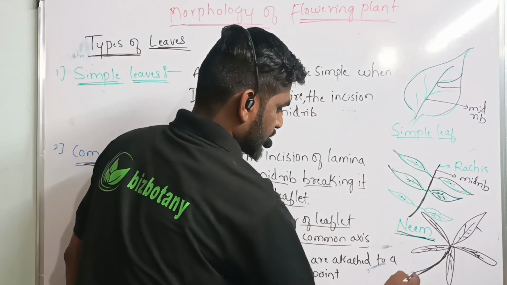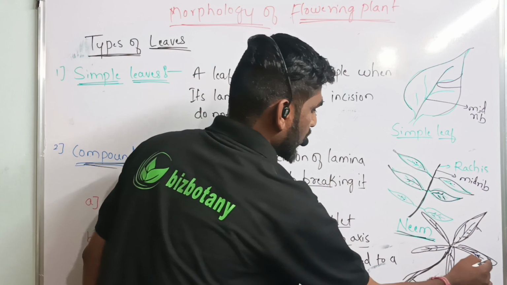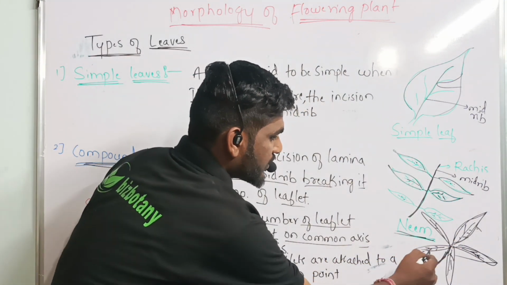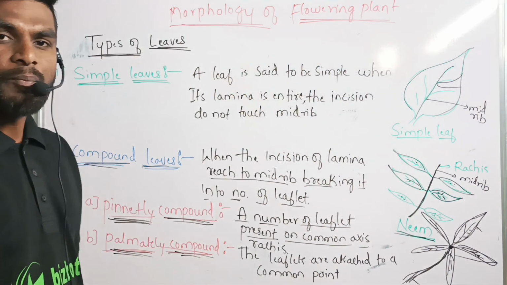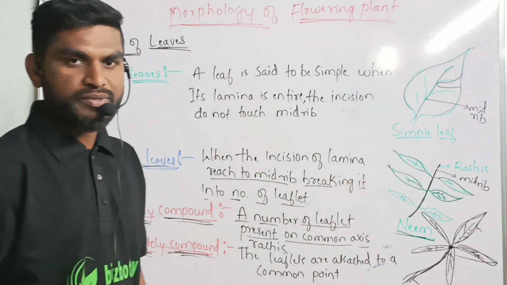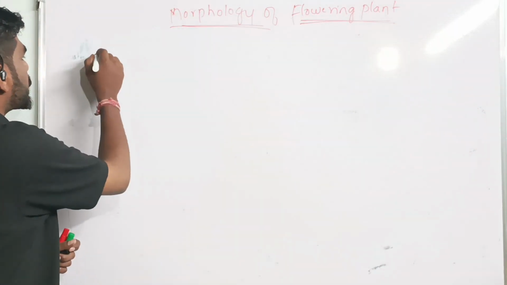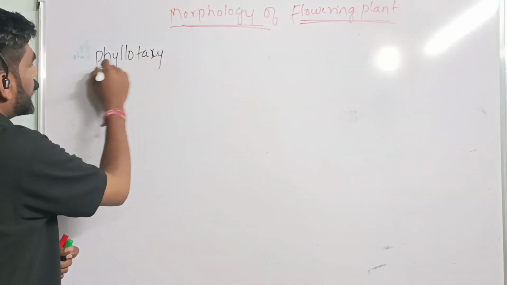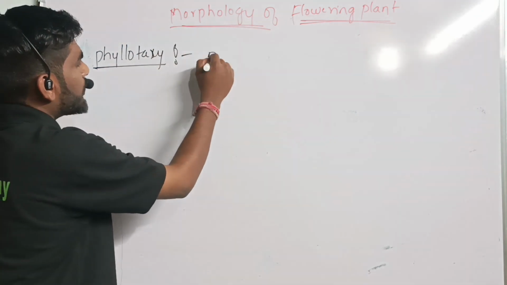Here, this is the midrib or rachis. These are the leaflets. These all are attached to a common point. These leaflets are all attached to a common point of the midrib. Such types of compound leaves are known as palmately compound leaves. Now we need to understand about phyllotaxy. What does phyllotaxy mean? Phyllotaxy is nothing but a pattern of